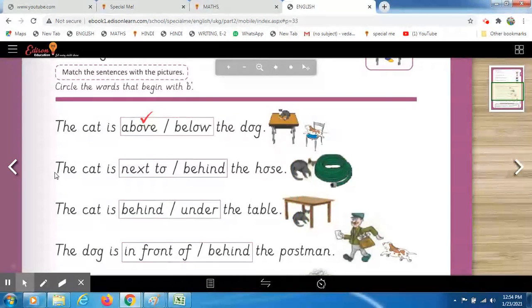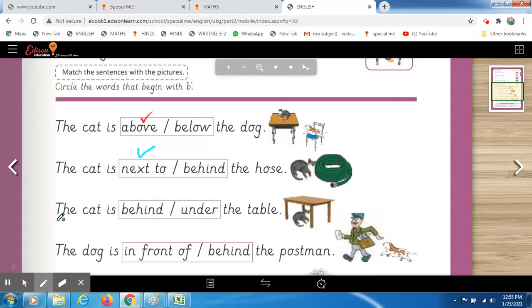Okay, come to the next sentence. Now in this sentence, look at the picture very carefully. I am saying it again and again. The cat is dash the horse. cat कहाँ है? Now see the cat. Cat is next to the horse, है ना? cat साथ है. मैम ने क्या आपको बताया था, जब कोई चीज नजदीक होती है या पास होती है, so what we call, we said next to, right? So here you have to put a tick. The cat is next to the horse. Next to the horse means उसके नजदीक है, उसके पास है, right?